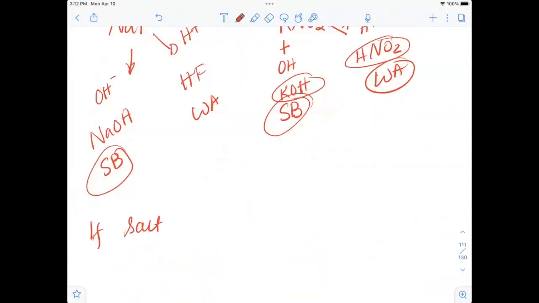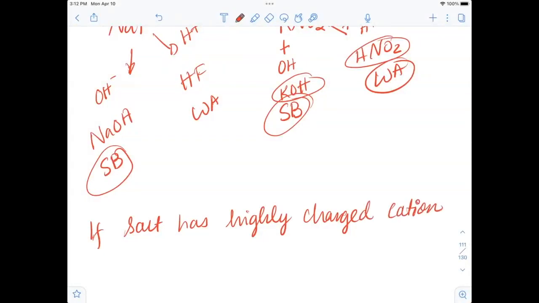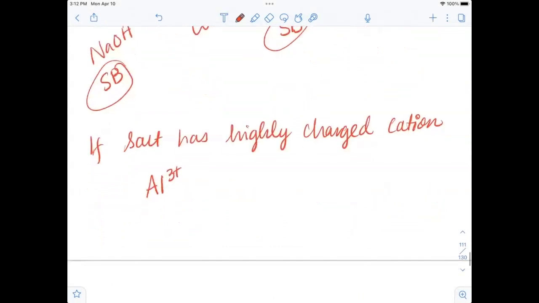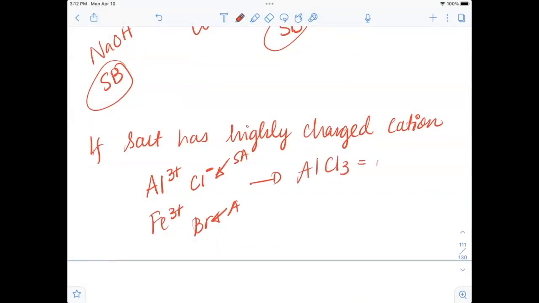If a salt has a highly charged cation, the highly charged I'm seeing here is a charge of +3, right? So aluminum is 3+, maybe even iron 3+, anything that has +3 or even +4, +3 and up, right? And combined with the anion from a strong acid. So this is from a strong acid here. And then let's say Br from a strong acid. This salt that is formed, aluminum chloride, this is an acidic